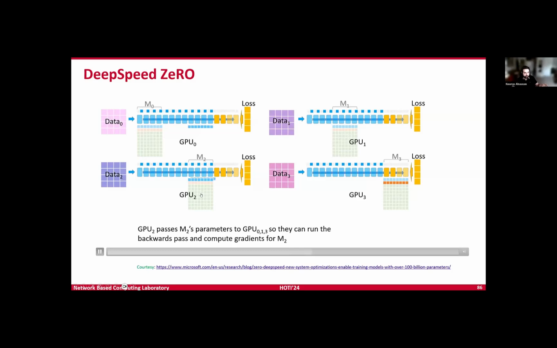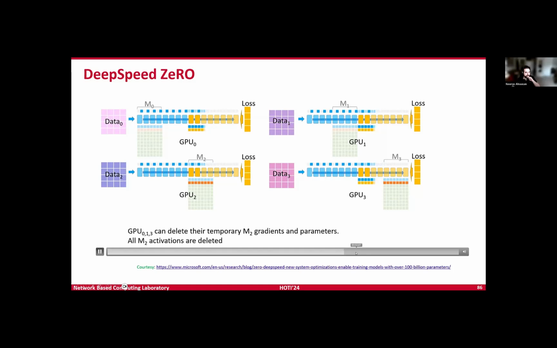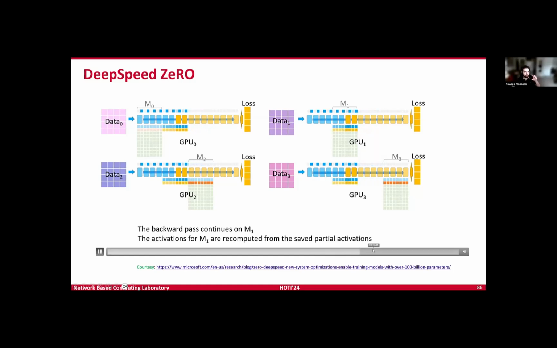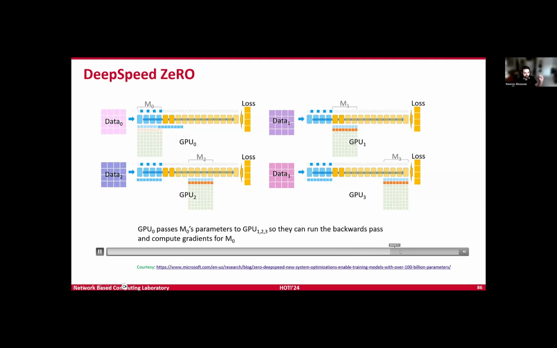Now, same thing for GPU 2. GPU 2 is responsible for the next segment, so we're going to send a copy of the parameters in blue, and then we can start calculating the gradients on each GPU. Remember, each GPU is seeing different data, so gradients will be different, and we still need to reduce them. Reduction here means all GPUs will send their data to a single GPU. And then, fast forward, we're going to do the same thing on GPU 1 and GPU 0.